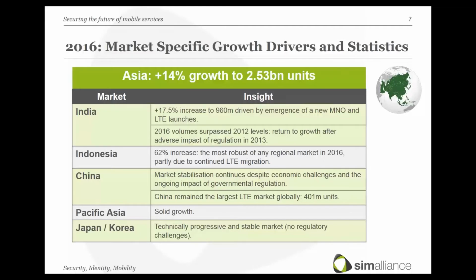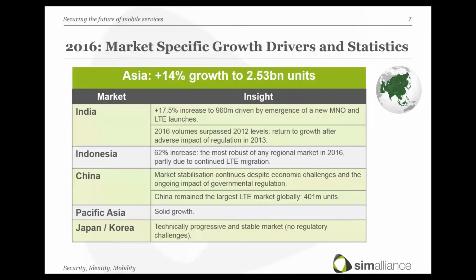But the other reason is definitely that India has moved also to higher value cards and more complex cards. Not only due to the LTE situation, but also due to additional services and function requirements. So this is really a very good thing, and some of you might remember that since 2012, India has had a massive drop because regulation has led to the fact that